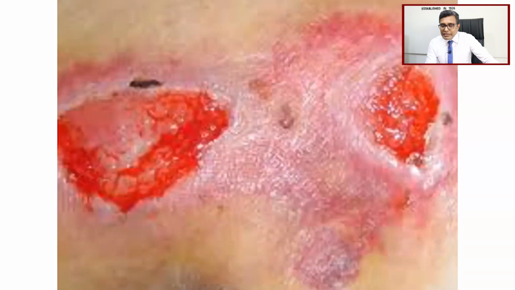Now these are epithelializing wounds. I just want to show you epithelializing. You can see some of the pale pink epithelium happening, and you should not use